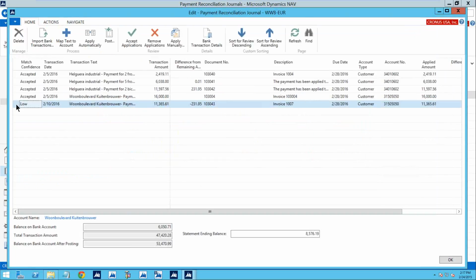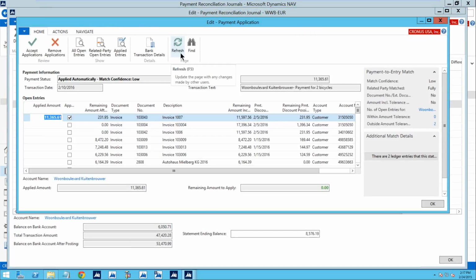And then the last is for a transaction on the 10th of February. There's a $231.95 difference as well. When we go and investigate that, we see that the customer has accepted the $231 discount after the fact of the terms, but again, we'll go ahead and indicate that we will honor that. We'll change the date to the 10th, accept that,